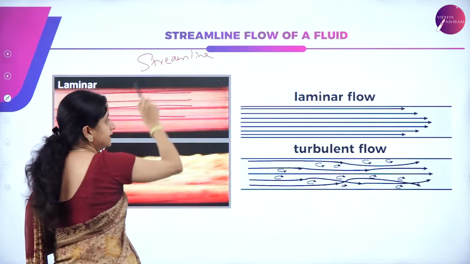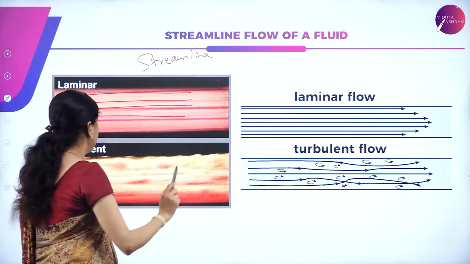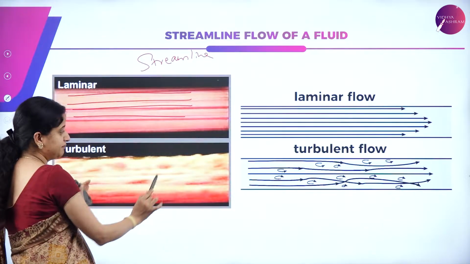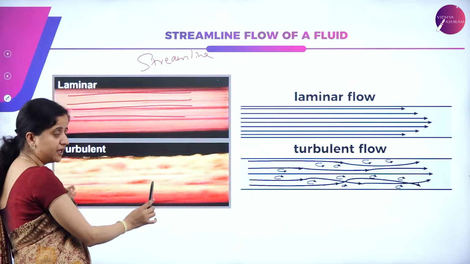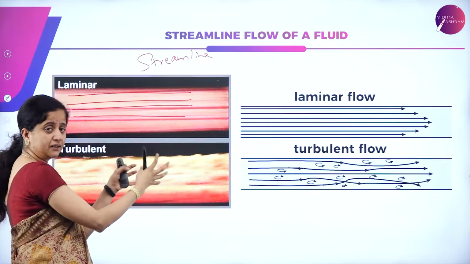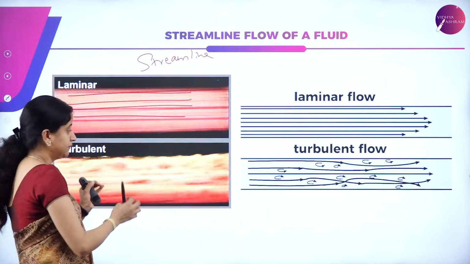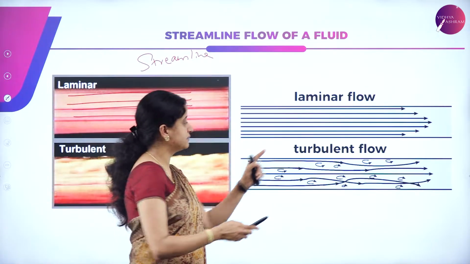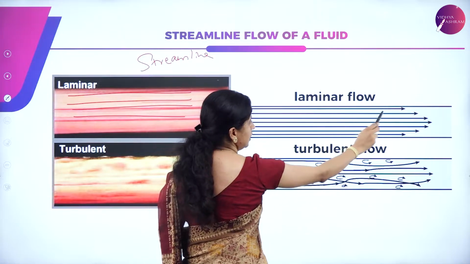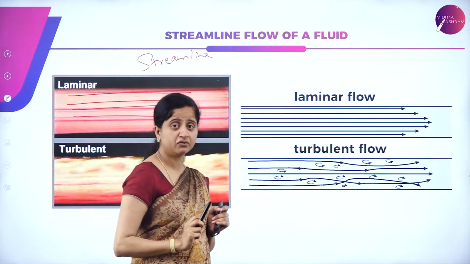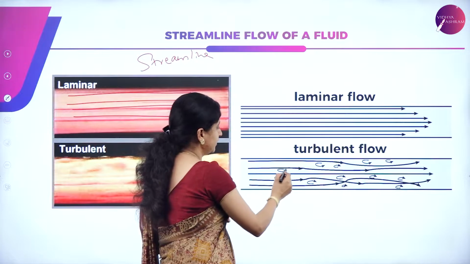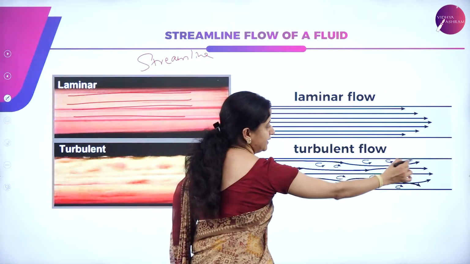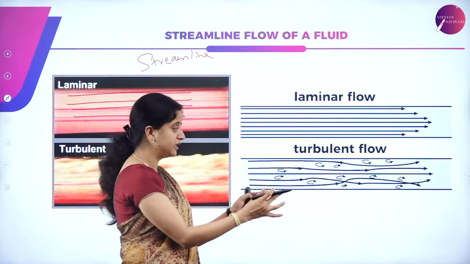Streamlined means they are moving orderly. And here we can observe the random pattern. This is not so ordered a way. Here you can observe the haphazard movement of the particles, and it is called turbulent nature. And here also we can observe that in streamline the flow is so orderly, and it is called laminar flow also. And in turbulent flow you can observe there is a random manner of movement of the molecules, and hence